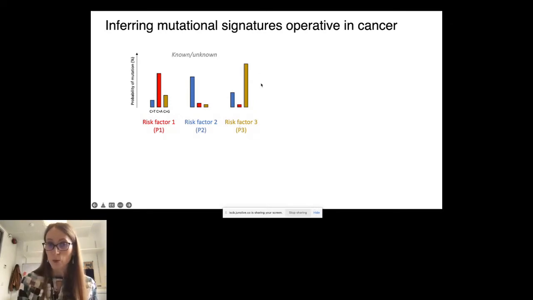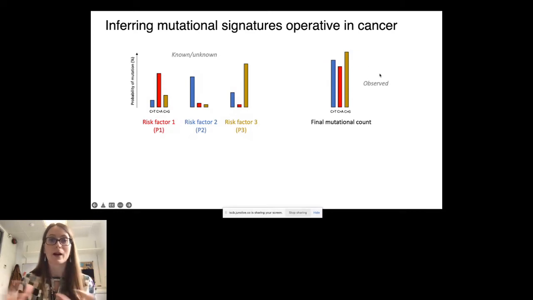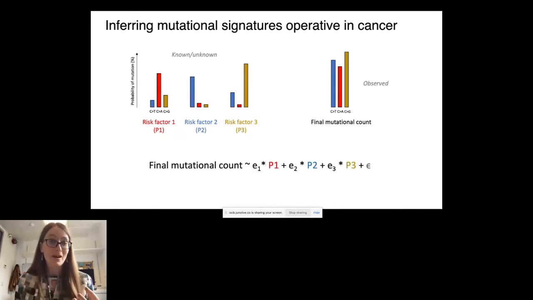So sometimes we know exactly how the risk factor is working and what type of damage it induces in the cells. Sometimes we don't. So sometimes we need to infer this. But assuming that we know this, another thing we know is the actual final mutational count. So we can sequence a genome, and then we identify all the base substitutions in that genome. And then we can just count how many C2As do we have, how many C2Gs, how many C2Ts. So this is the final mutational count. And in its most basic form, this is just a regression formula where we model the mutational count based on a combination of the different risk factor